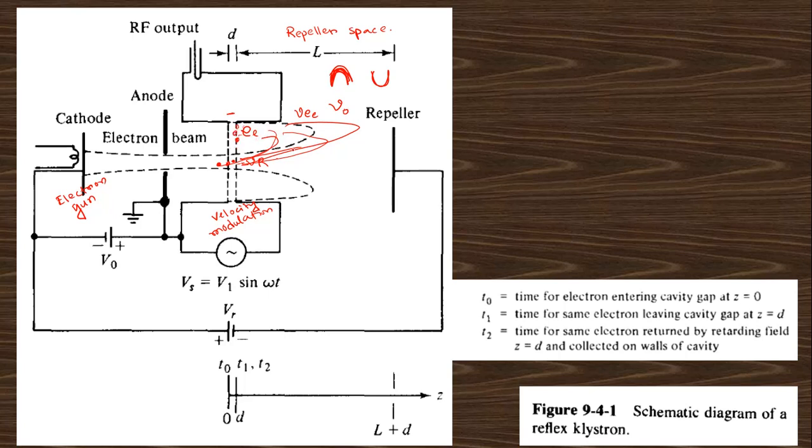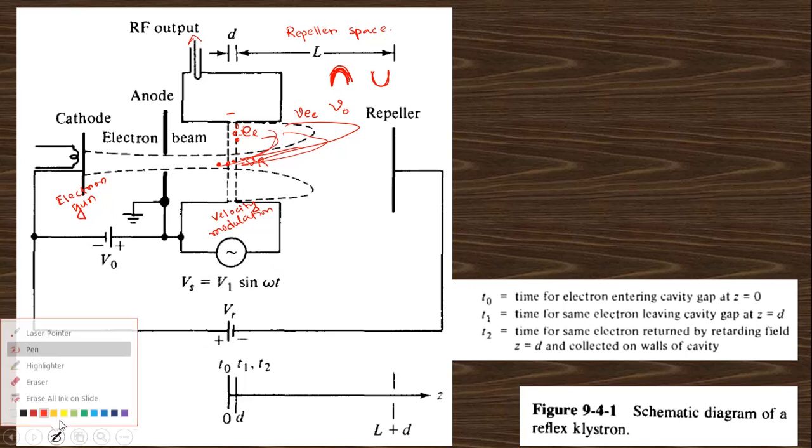The repeller distance is calculated in such a way that this bunching is made, and this bunching actually helps to generate the RF power, and this is the RF power output. There is no RF power input because this is an oscillator. In the oscillator there is no AC source inputted. That is why this is the oscillator output from where we can get the output. Clear? There is also the mechanism of voltage modulation and current modulation. Here also the voltage modulation and current modulation are happening.